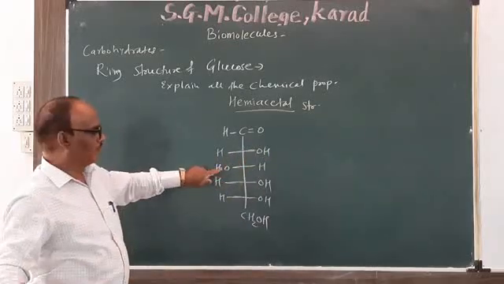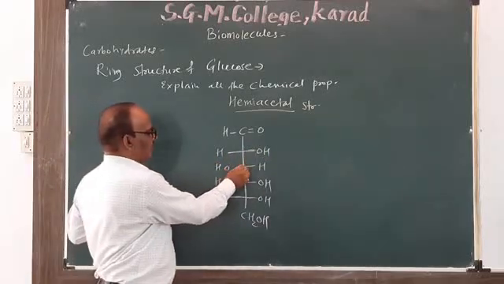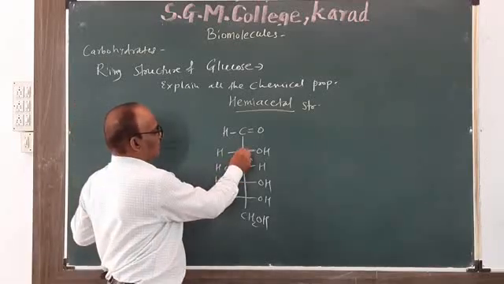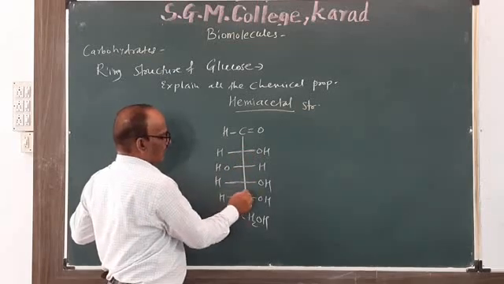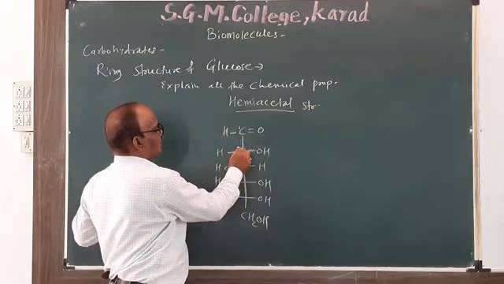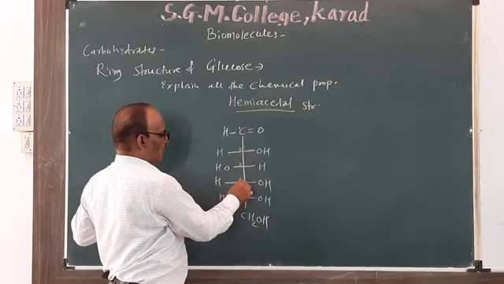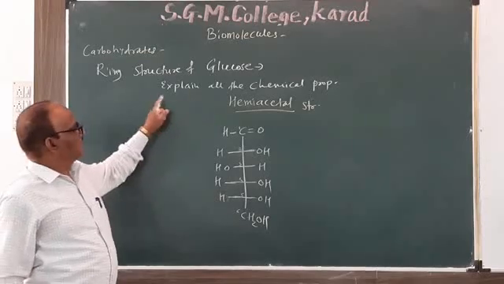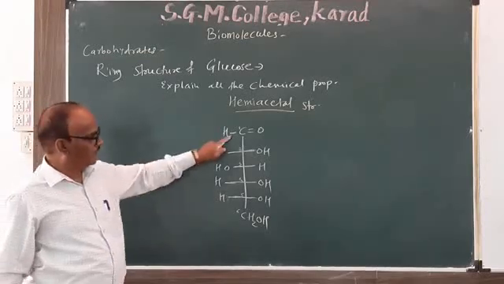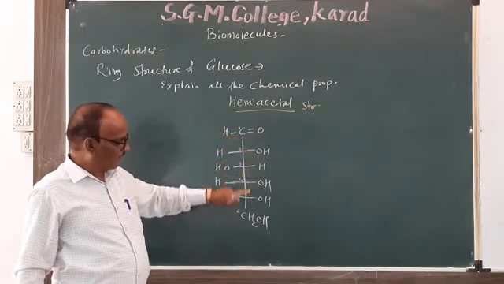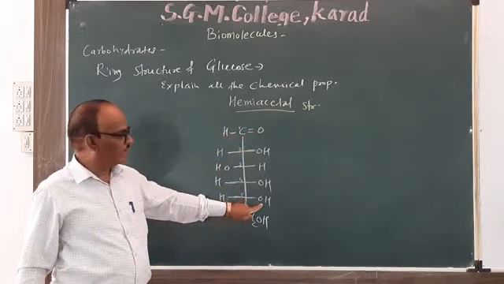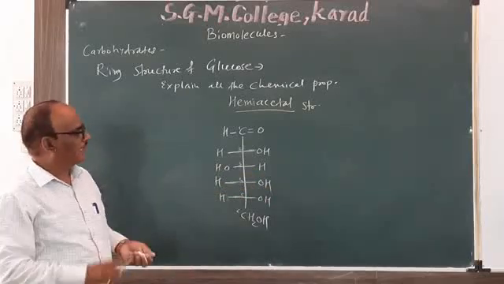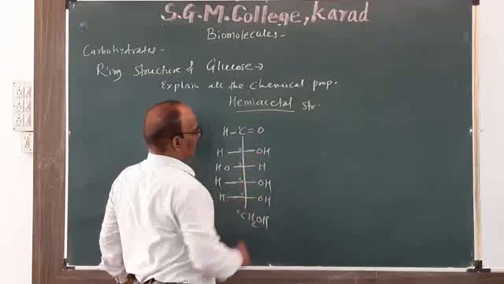You can draw the structure like the Fischer projection formula. At each cross there is a carbon atom. This is 1, 2nd, 3rd, 4th, 5th and 6th. Total 6 carbon atoms are present. So this ring structure is formed between the CHO group and the carbon number 5 OH group. This group combines and there is a formation of a cyclic structure, and this is a hemiacetal structure.